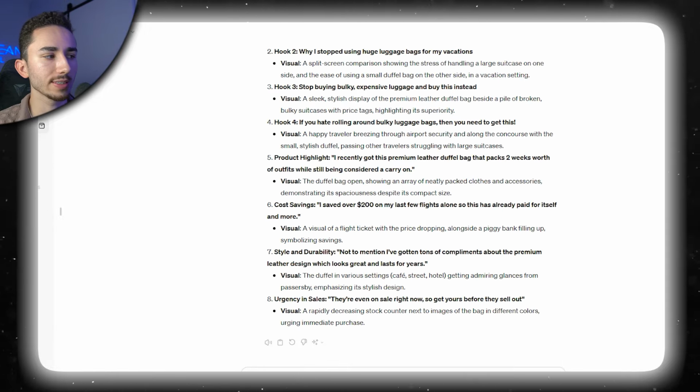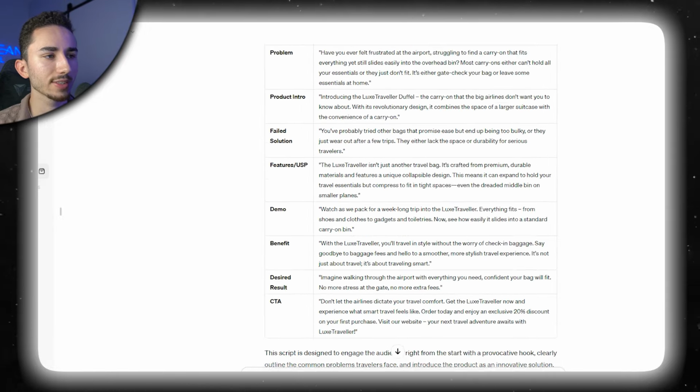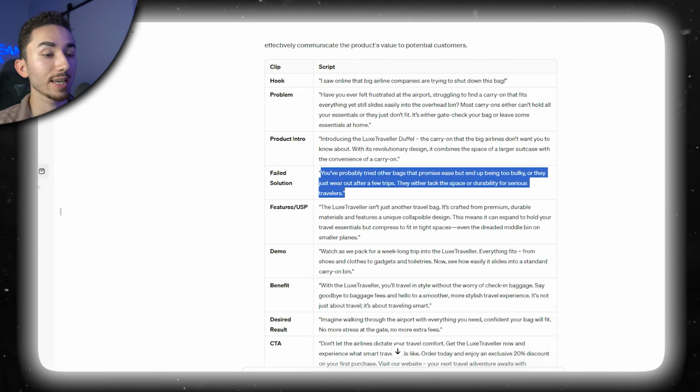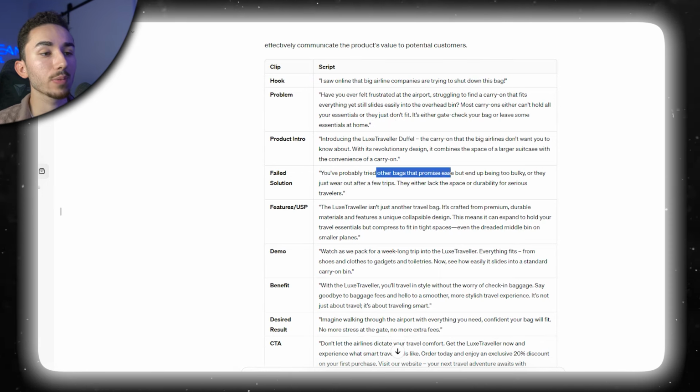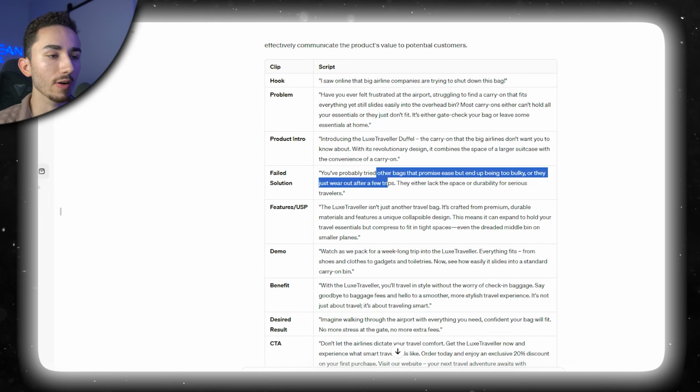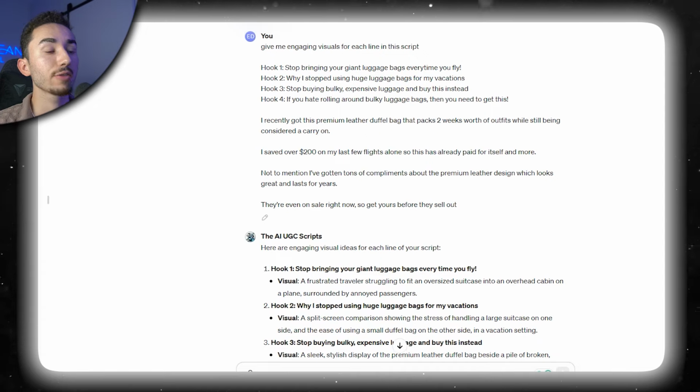I'll just show you a quick example of one it currently did for me. So it did a few of these benefits and gave me some good inspiration so that, yeah, other bags are very bulky and they wear out. So if you're looking for some more inspiration, some more copy that you can model, I would definitely recommend using this tool. And then the final cool thing you can do with this tool is once you have your script written out,